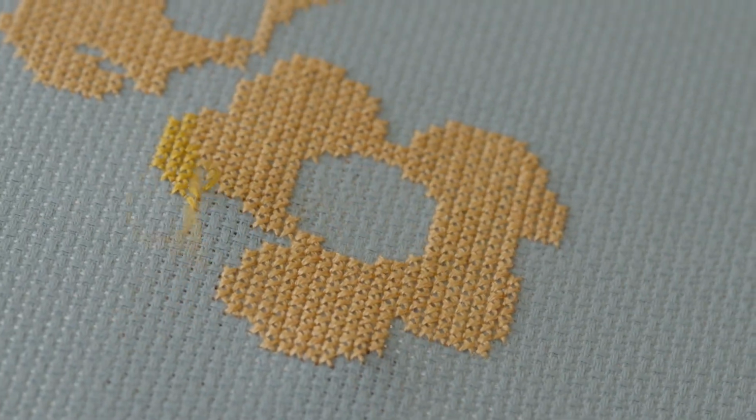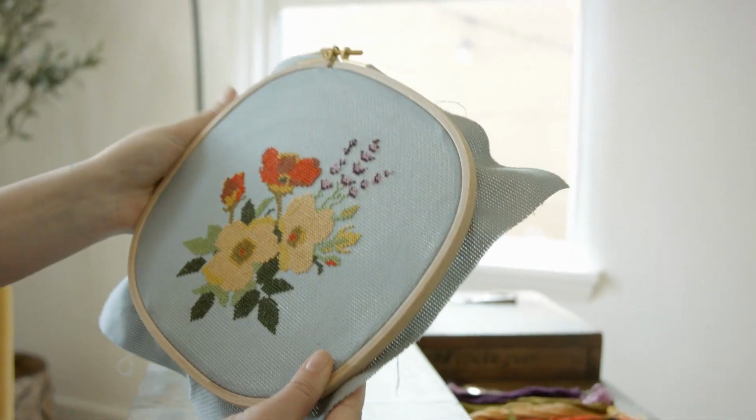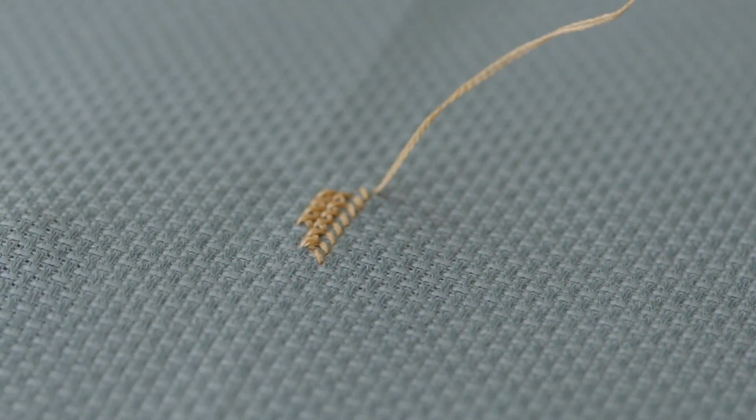I'm a cross-stitcher and a fiber enthusiast. I started this business about 5 years ago when a friend told me, hey, you might like cross-stitching, so I made a pattern, started stitching, and hit the ground running. I understand what it's like to be a beginner, so I really like to teach people how to stitch from